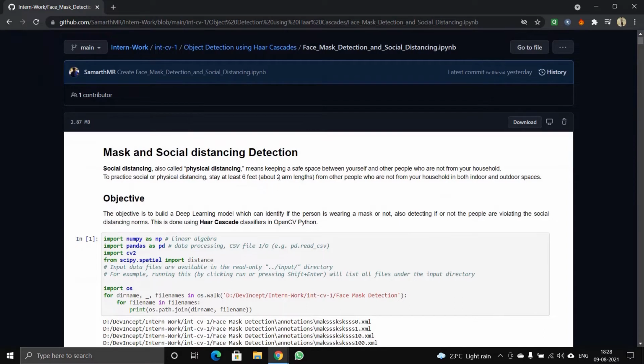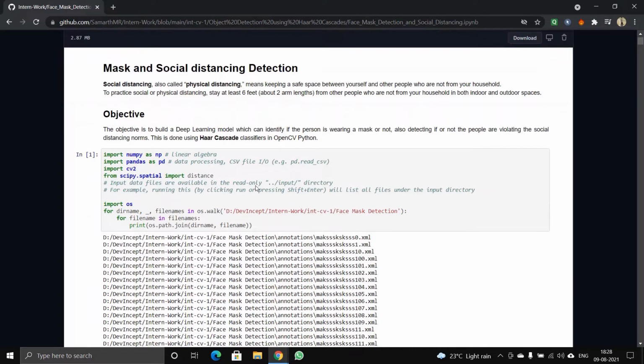To give a brief about this, the objective is to build a deep learning model which can identify if the person is wearing a mask or not, and also detect if the person is violating the social distancing norms. This is also done using Haar cascade classifiers in OpenCV Python.